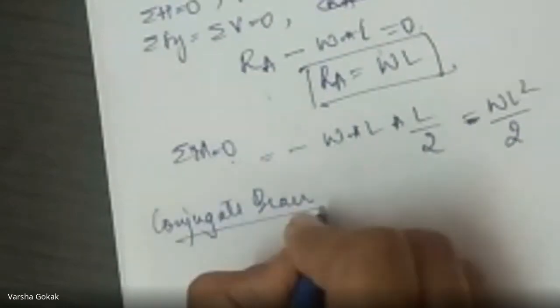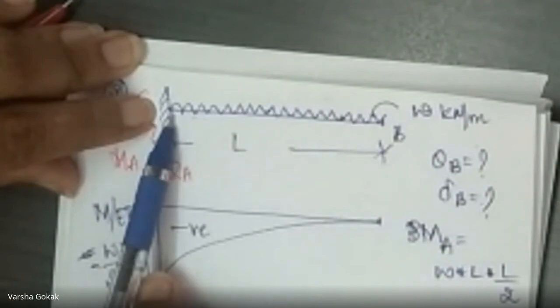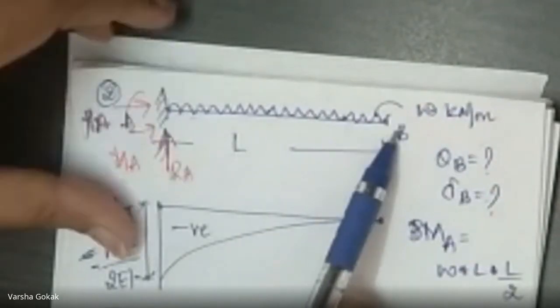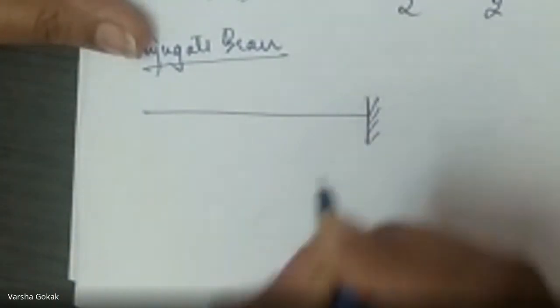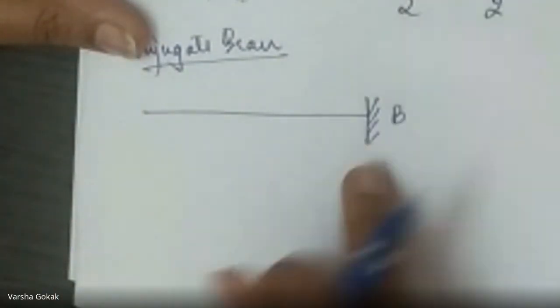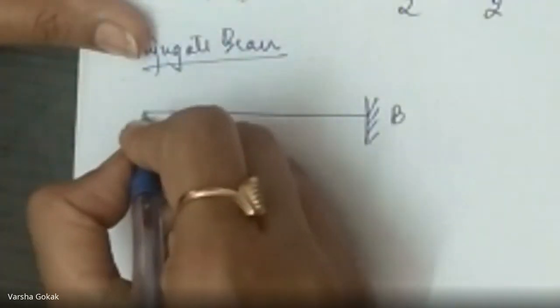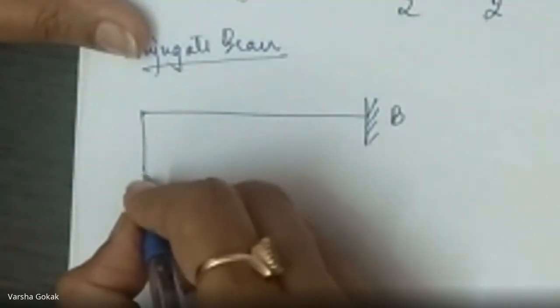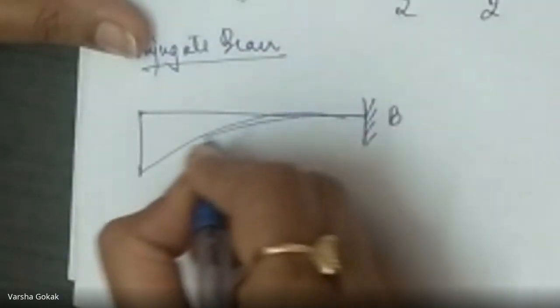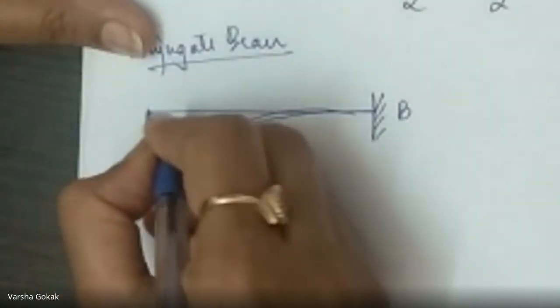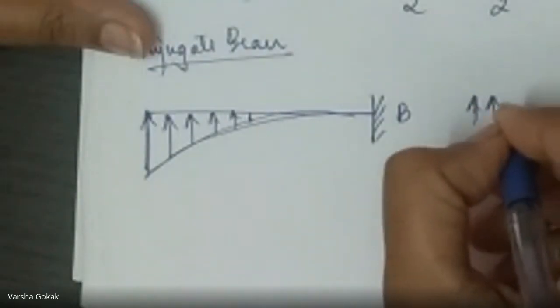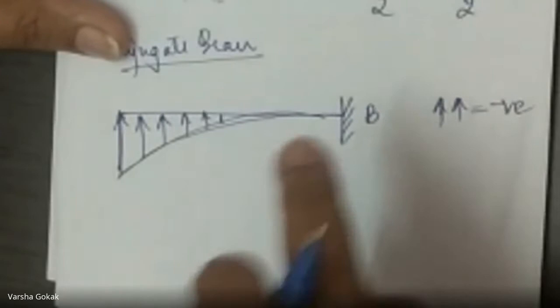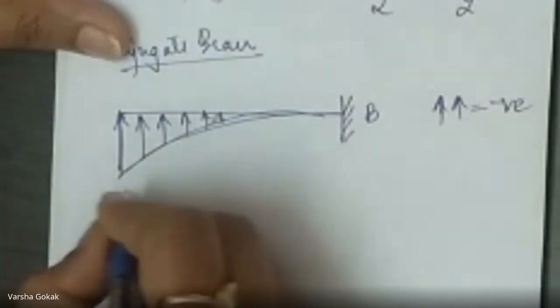Now, when we are drawing the conjugate beam, remember this is a cantilever. So the cantilever end becomes the free end and the free end becomes a cantilever now. So the diagram goes like this. Point B becomes the fixed end, and point A becomes the free end. The bending moment diagram of the conjugate beam, we will draw as it is, like this, and the arrows will be shown upwards, because it is negative. If it was a positive bending moment diagram, it would have been downward.